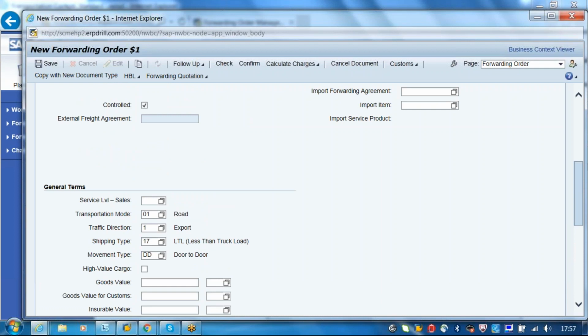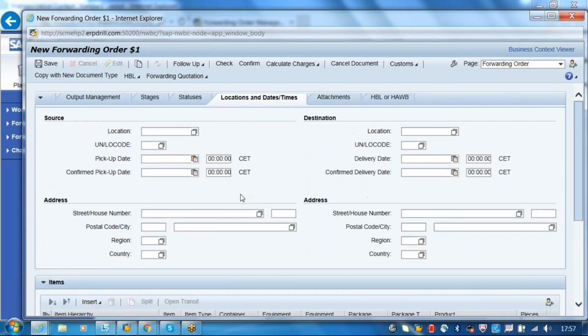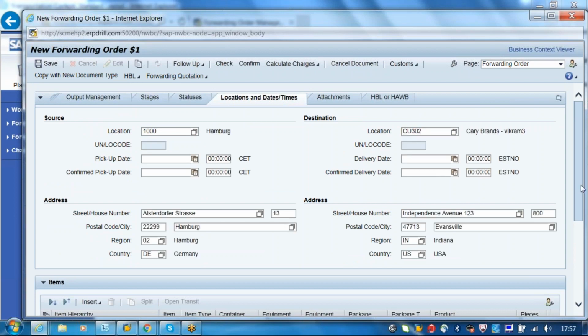Okay, and in the locations, I will enter the location from 1002, CU302. Okay, now once you come to the stages,